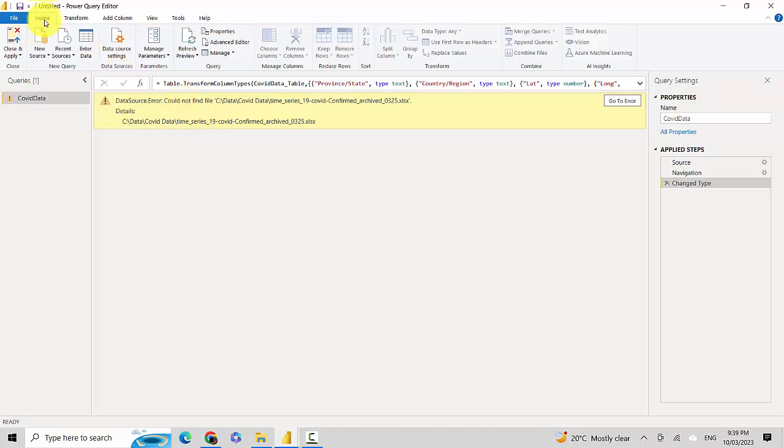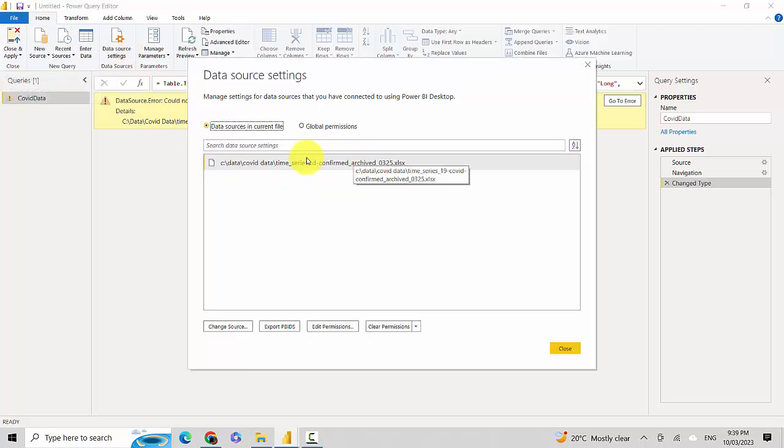On the Home tab in the Power Query Editor, you've got data source settings. So you click on that and you can see it is there. As you have more data sources, they will keep getting added here. But in this specific case, because we just have one source, that's the one that's showing. Now if I select this and hit change source,